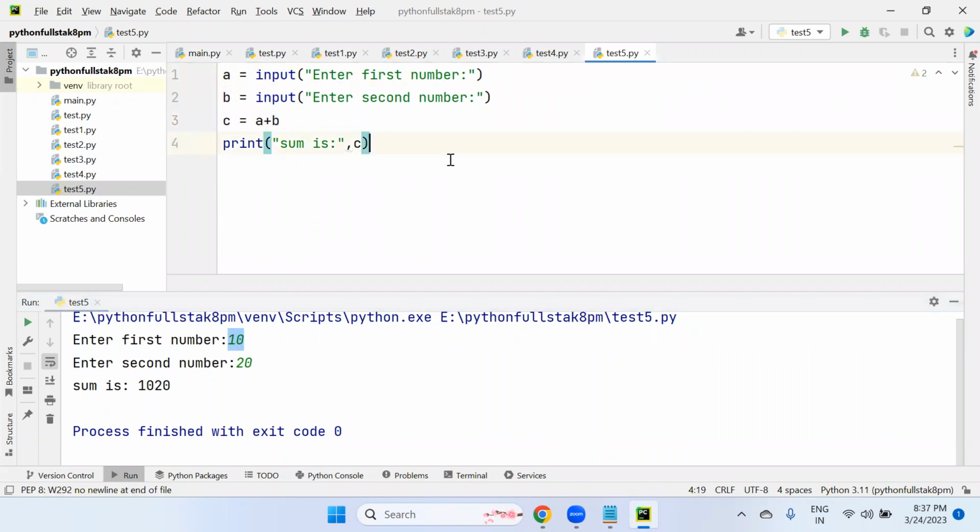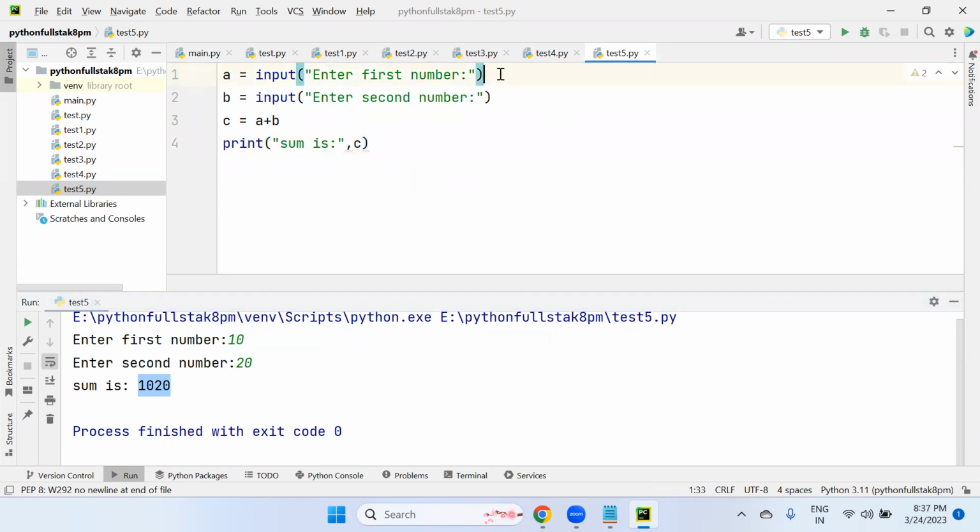By default, in a Python program, when we accept any values at runtime, all the values will be treated by default as what? String format only. Okay, here two strings are adding, not two numbers. Got my point? Two strings are adding here, not two numbers. A string concatenation is happening here. So how do you know, sir? How do I know whether this is treated as a string or not?